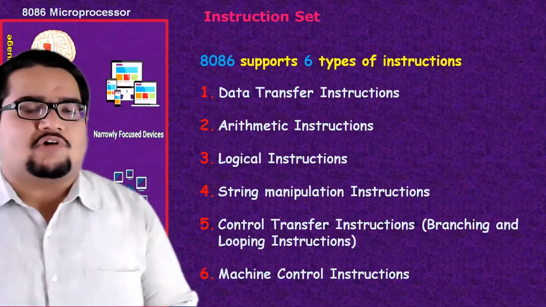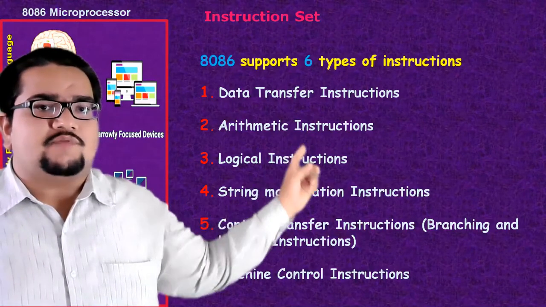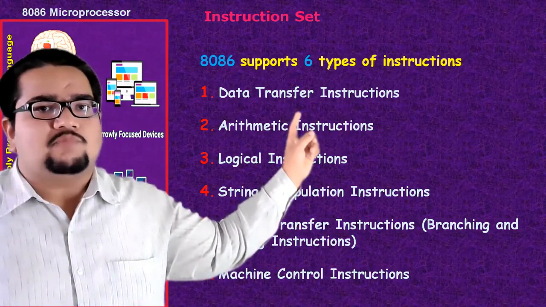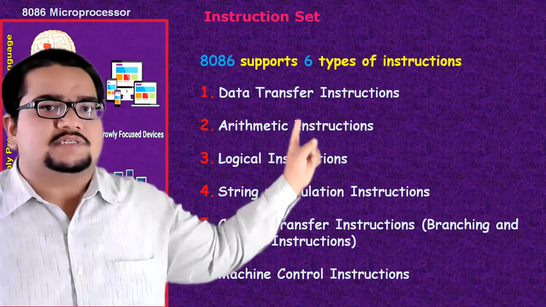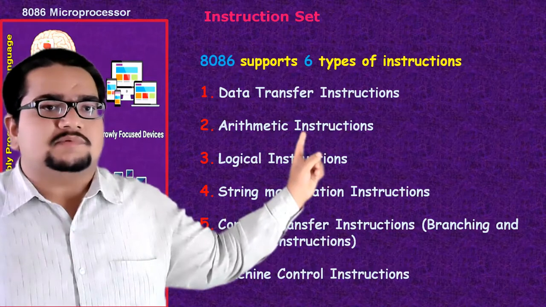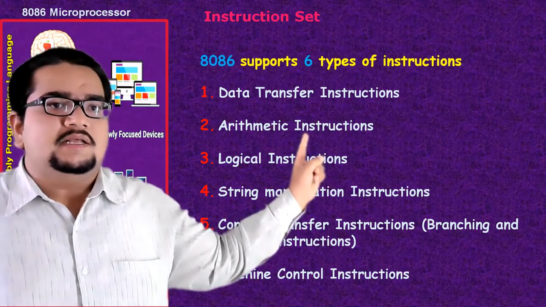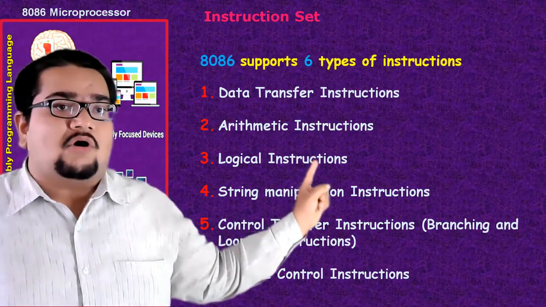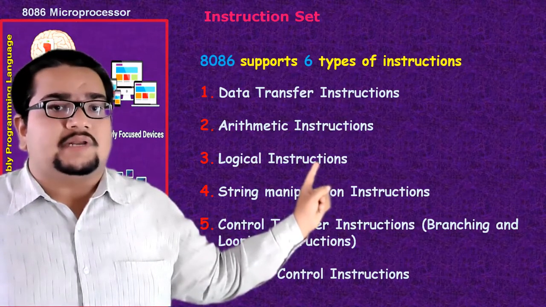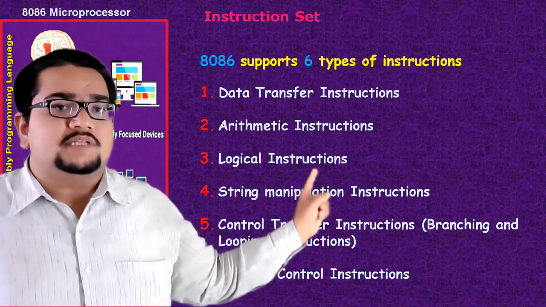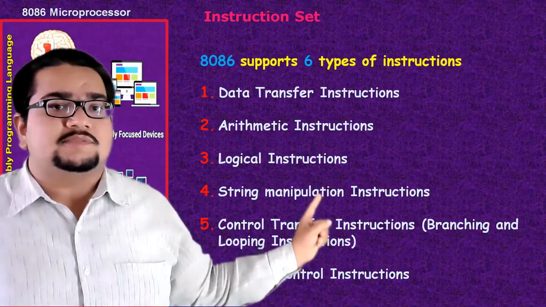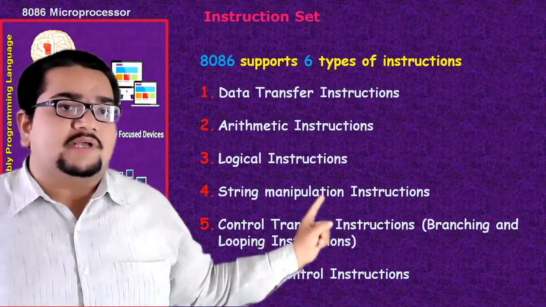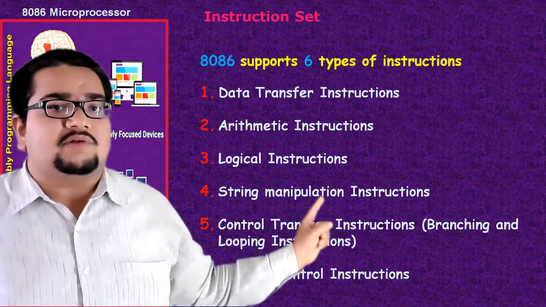In our previous class, we talked about the instruction set. We have seen all the instruction set of 8086 with these 6 groups. All the data transfer or data movement type of instructions are grouped under the data transfer instructions. All arithmetic instructions, for example, addition, subtraction, multiplication, are grouped into the arithmetic instructions group. Logical instructions, say AND, OR, XOR, NOT, shift, rotate, are grouped under the logical instructions. Then we have string manipulation instructions, which are specially used for manipulating strings, that means moving a string, comparing a string, scanning the string for a particular character and so on.